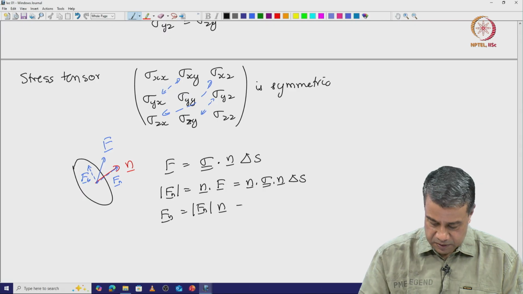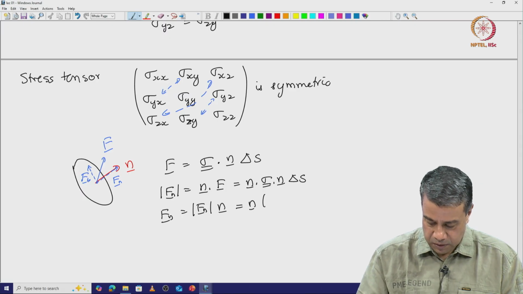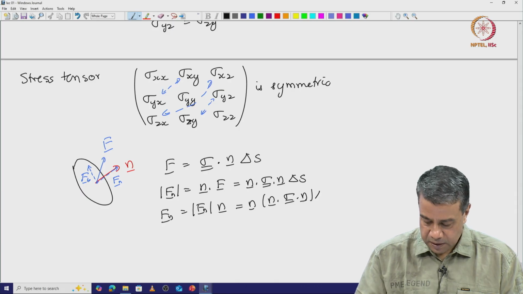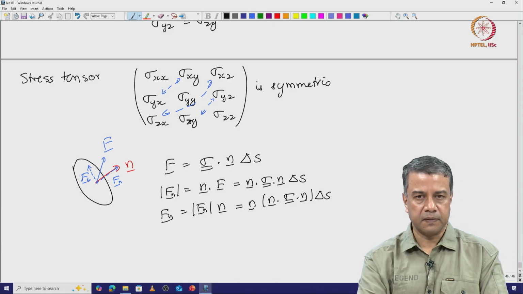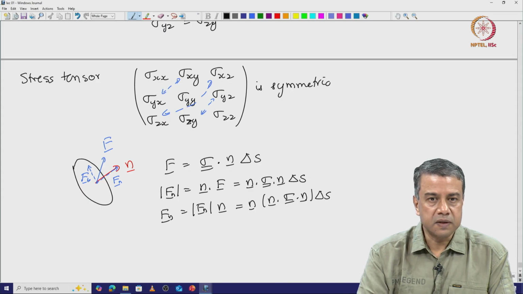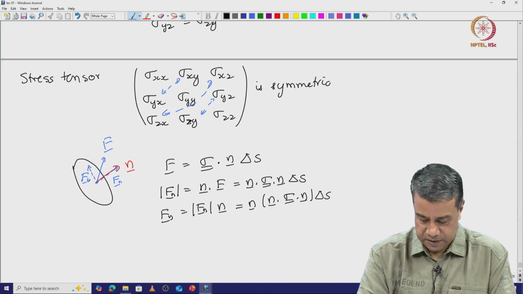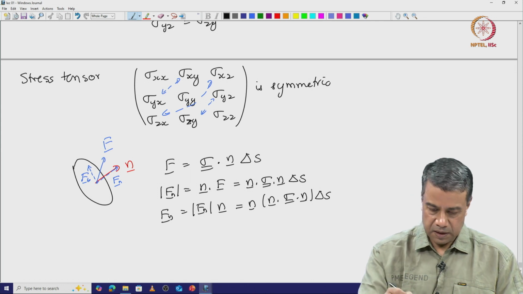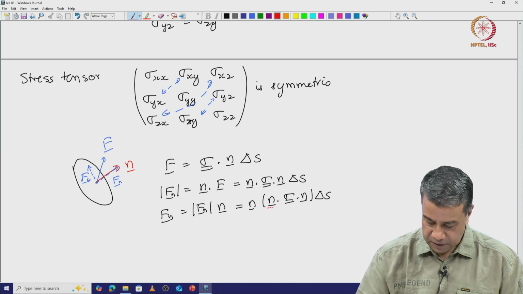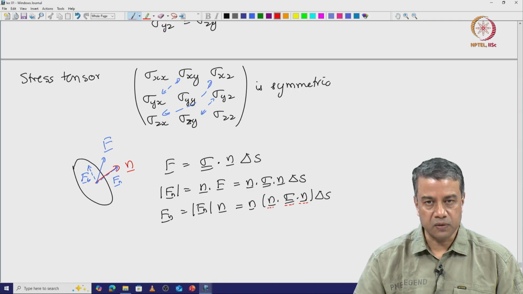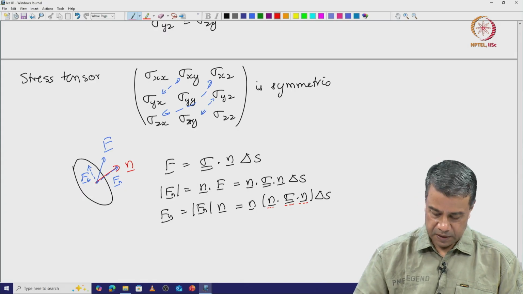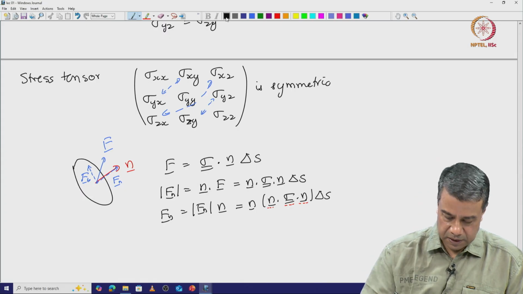So, this is equal to n into n dot sigma dot n delta s. So, this is the normal force to the surface along the perpendicular to the surface. Note that each of these n's is a vector, the stress is a tensor, and therefore, I have taken two dot products. So, basically, in order to recall how you do this,